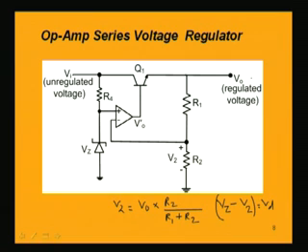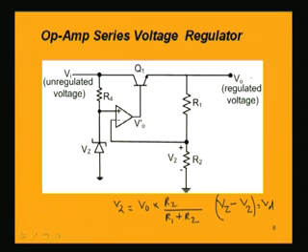So in this circuit, which is using an op amp as a comparator, we have seen that the change in the output voltage is balanced again by bringing it back to the earlier value,